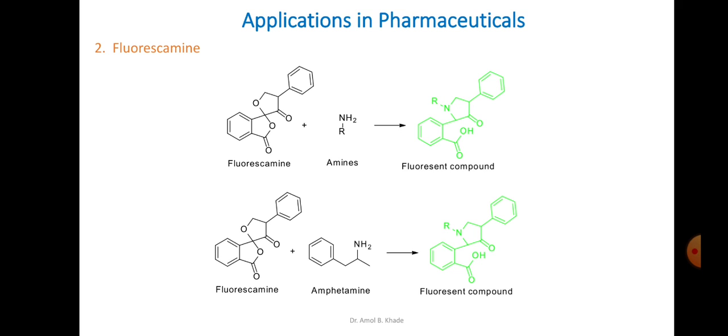So one such example you can see here, amphetamine. Now this amphetamine can be easily reacted here with this reagent, and then we get the corresponding adduct or complex. So you can see the ring has opened here, it is forming a carboxylic acid, and the nitrogen has substituted the oxygen of this particular spiro ring, and then the fluorescent compound has formed which you can quantify.